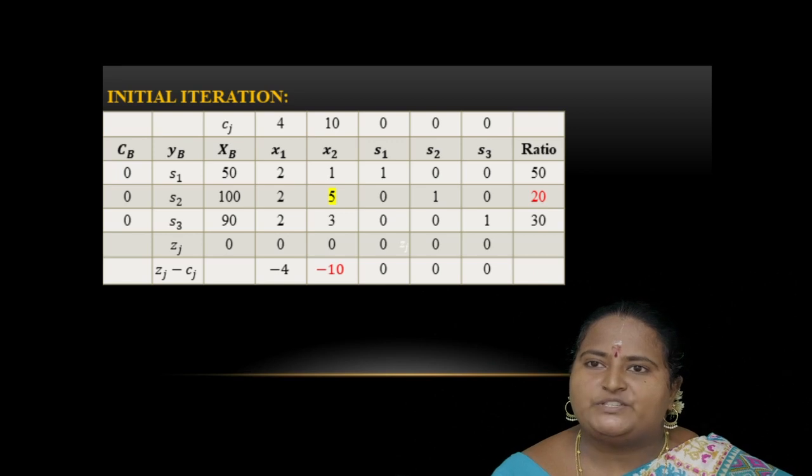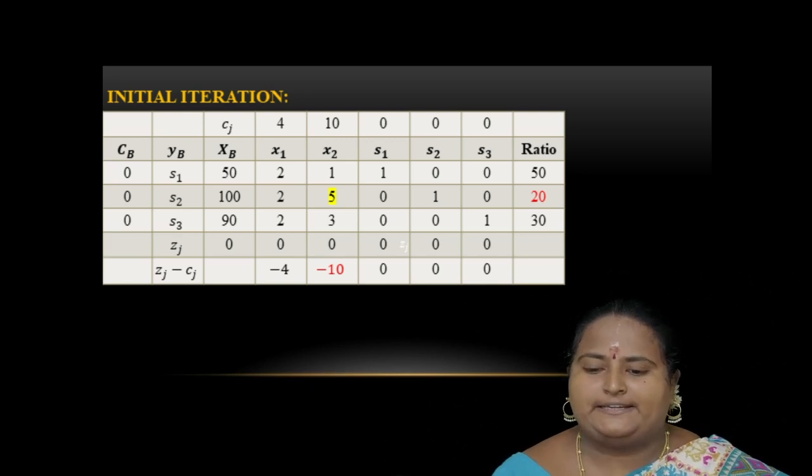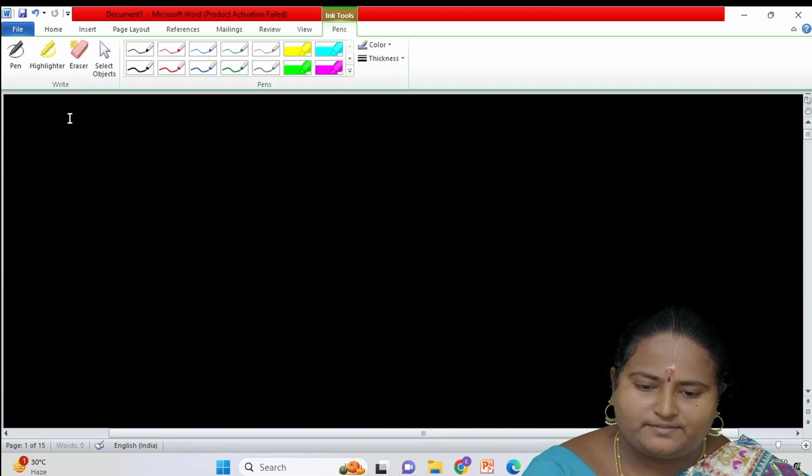The value present at the intersection of the entering variable and the leaving variable will become the pivotal element. Here 5 is the intersecting element. So 5 is the pivotal element for the next iteration. So here